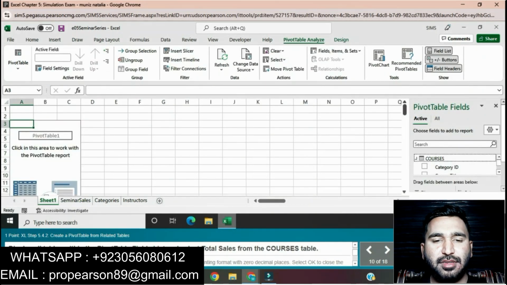It will be created. Display all tables within the pivot table field list and select Total Sales from the Courses table.